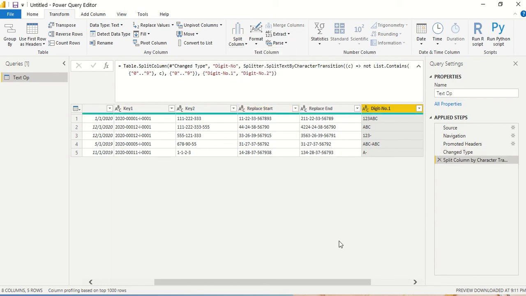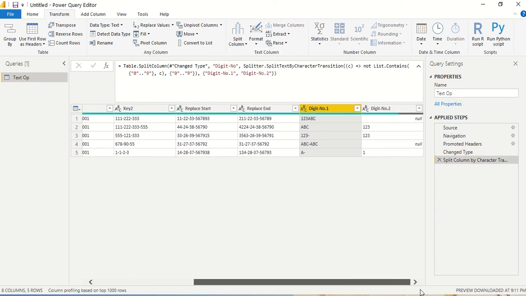Let's try that. Now again we got two columns, and see the shift between digit and non-digit, so no break. Non-digit to digit, so there is a break. Then this hyphen was a non-digit and this is a digit again, so a break. There is no digit coming in here, so no break happens. And again we got a digit, so we got a break. When the transition happens from a non-digit to a digit, that is where we wanted a break, and that's what is happening.